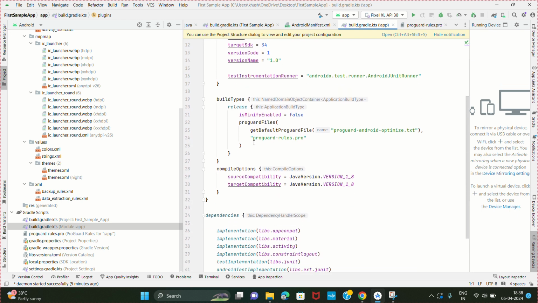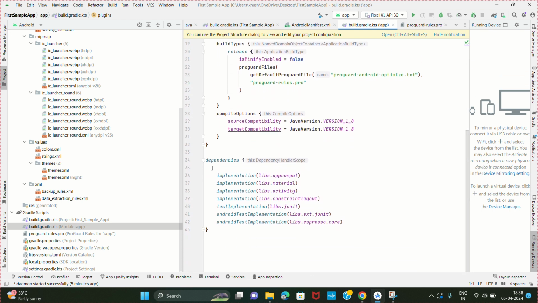Just go through these, and this is the dependency. Whenever we are going to add new features which do not exist in the default Android, we have to use a third party dependency. If we want to use one, we can add it here. Okay,